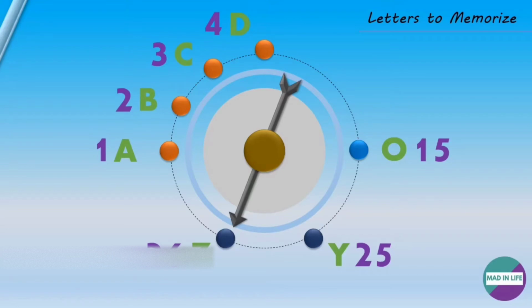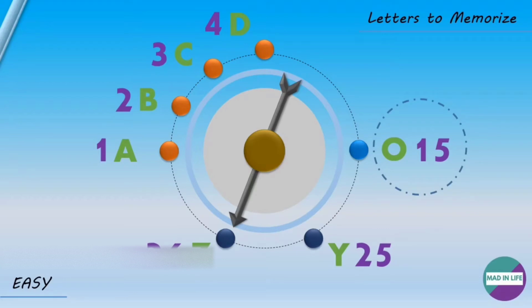So these are the letters that you need to memorize. These are pretty easy to memorize. 4 letters on the front end side, 2 letters on the back end side, and in the middle only one letter, O 15. In any word you see letter O, it's at 15. Love, L-O-V-E, 15. School, S-C-H-O-O-L, 15. Just you need to memorize your way. This is easy. Okay, now let us see the other alphabets one by one.